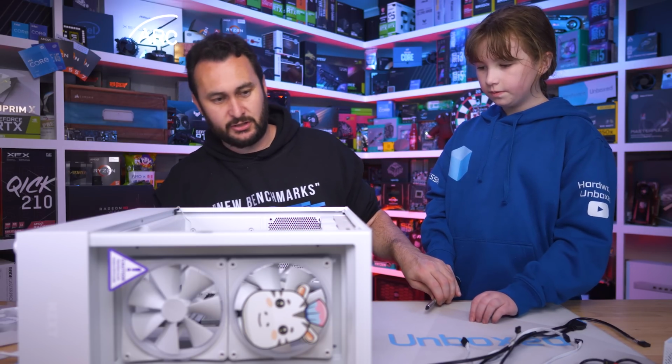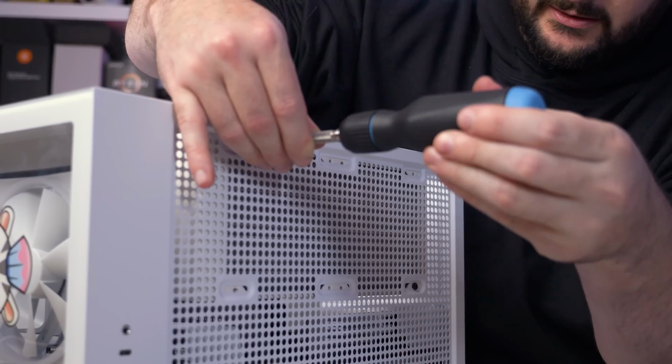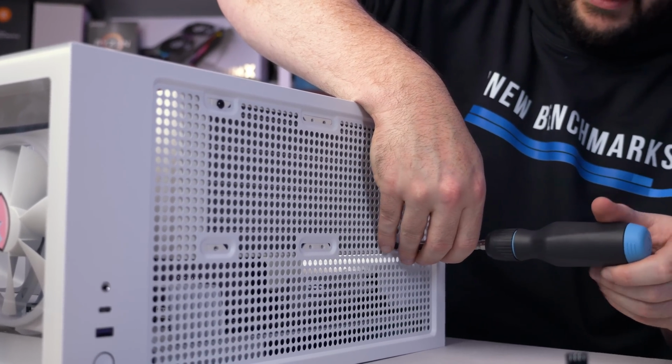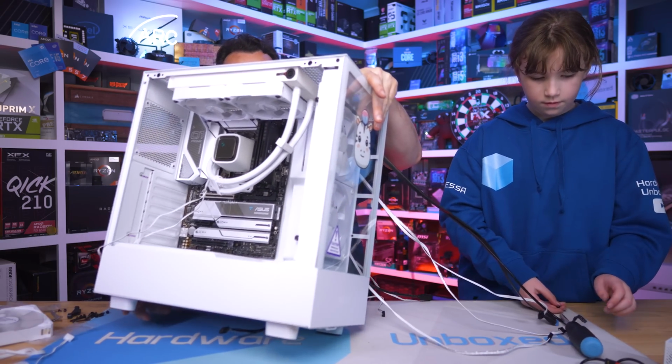Now it is in position. We've put a few more screws in, but you've locked it in place. So that's the main thing. Well, the main thing is it actually fits. So if we stand this up,